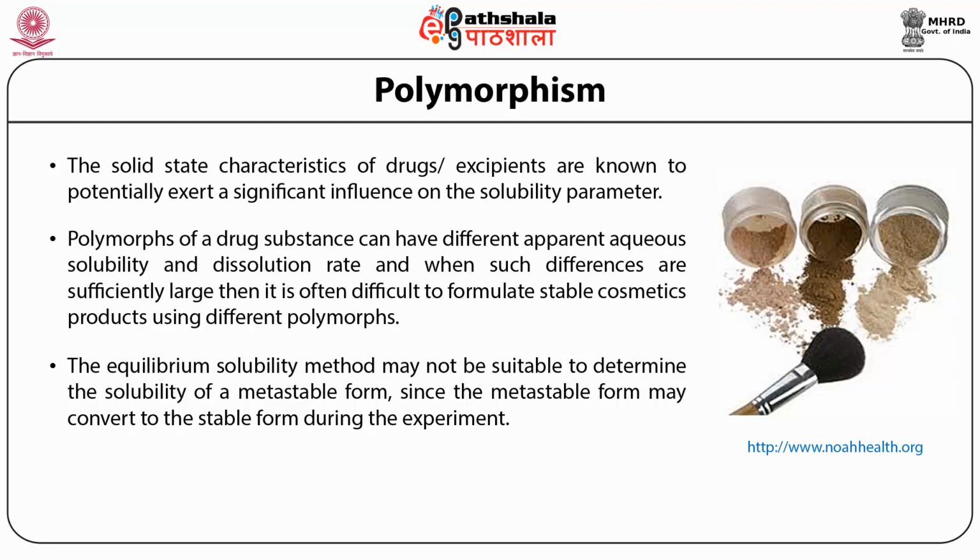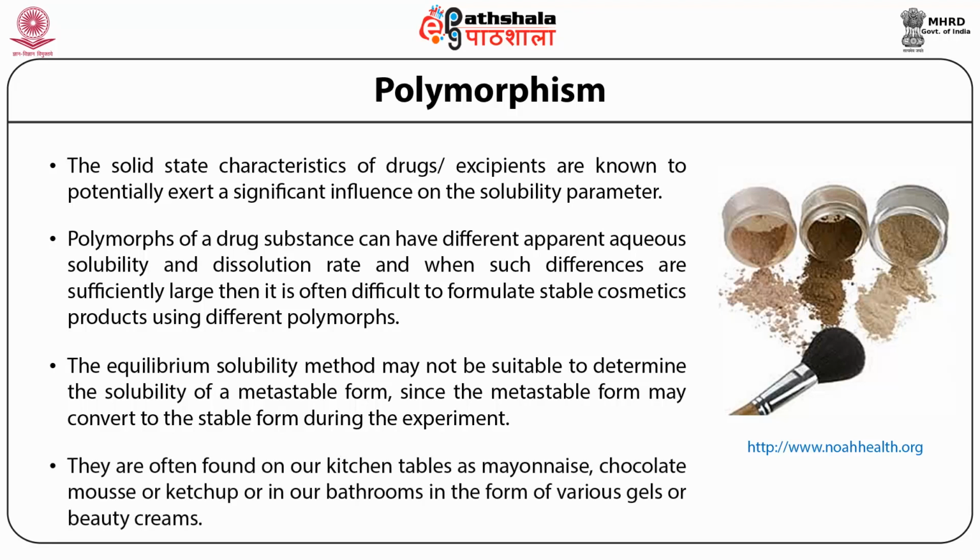An amorphous solid is a liquid that does not flow. Its atomic structure is disordered like that of a liquid, but it is rigid and holds its shape like a solid. Amorphous materials include silica gel and a multitude of other materials of different origin, such as soft glasses. They are often found on various kitchen tables, mayonnaise, chocolate mousse, or ketchup, or in our bathrooms in the form of various gels or beauty creams. These soft glasses are actually capable of flowing if forced, but can be spread with a knife just like liquid